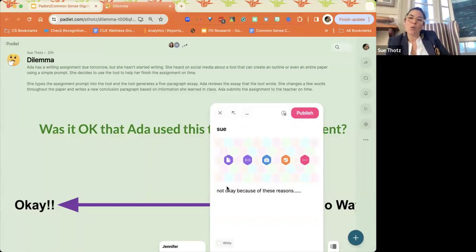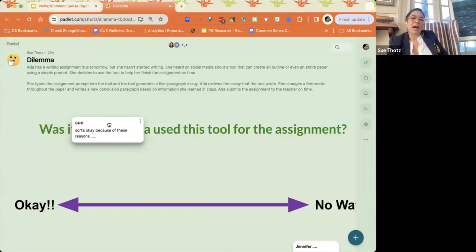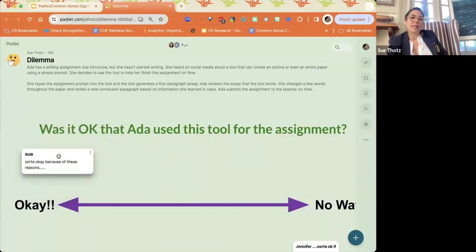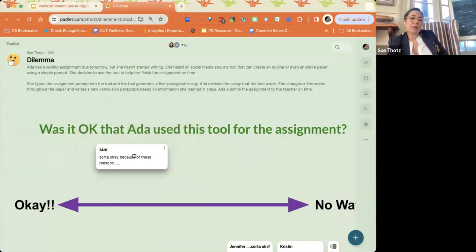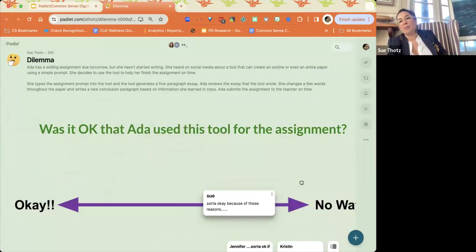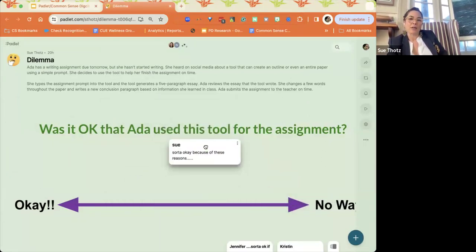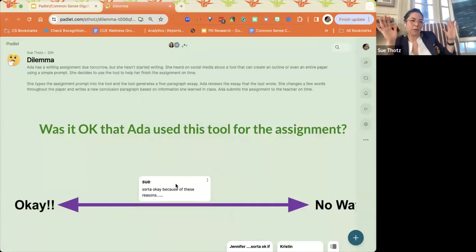So if I say it's not okay, or maybe I say sorta okay because of these reasons, right? I'm going to say that, and then I'm going to hit publish. And here is my statement. I can grab that statement and put it on the left-hand side and say, yeah, totally okay. Or I can put it kind of sort of okay, and I can set it here. Or I can put it somewhere on the spectrum. You can stack anywhere on this page. So if there's a bunch of people who are right in the middle, you can all be in the middle. That's okay, right? You just stack them on top of each other. But I want your reasoning for why you're placing it.